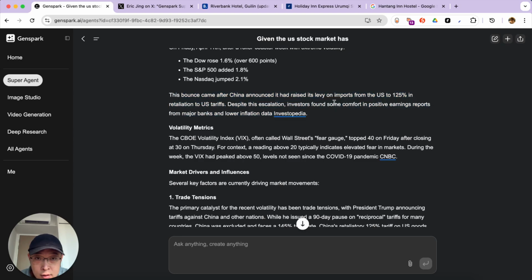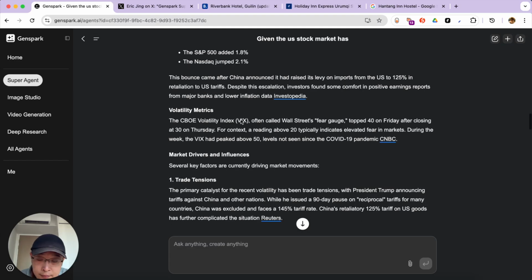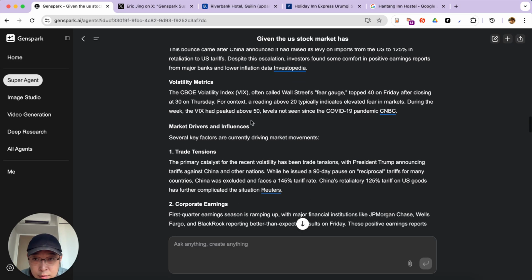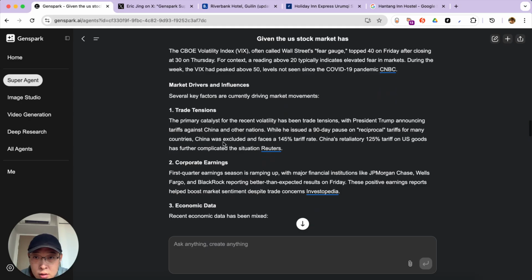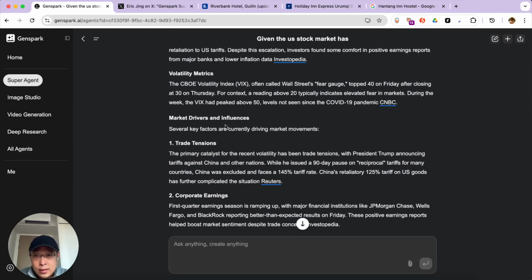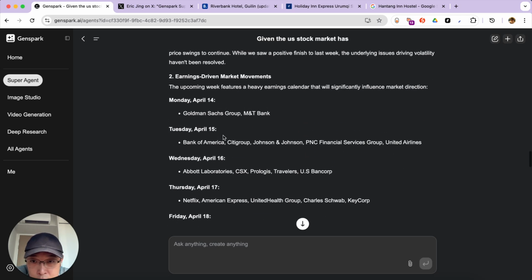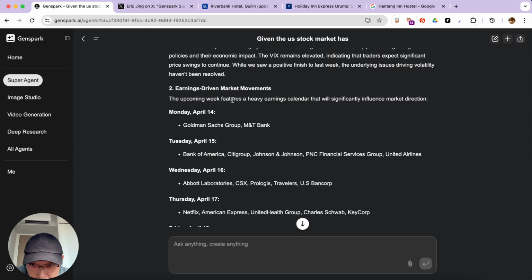Despite some positive coverage, major banks are lowering. Yeah, inflation data is extremely low. Let's see the analysis of the current situation and the past major events, and see what's interesting from GenSpark.